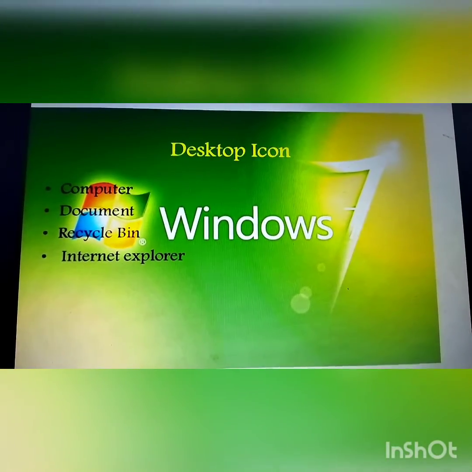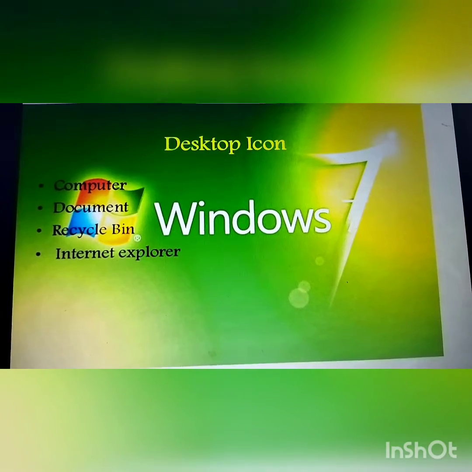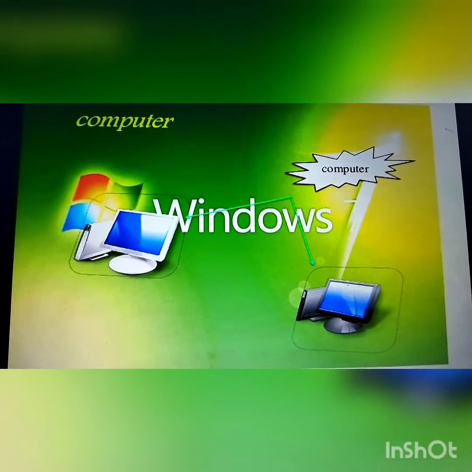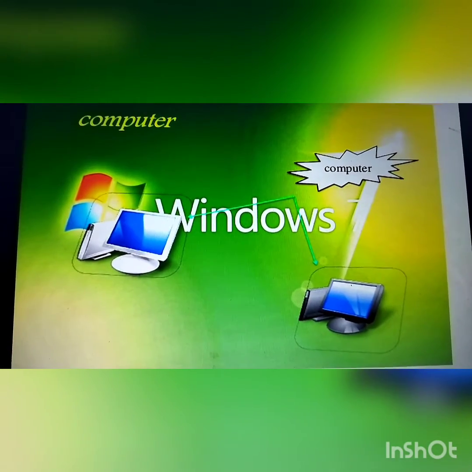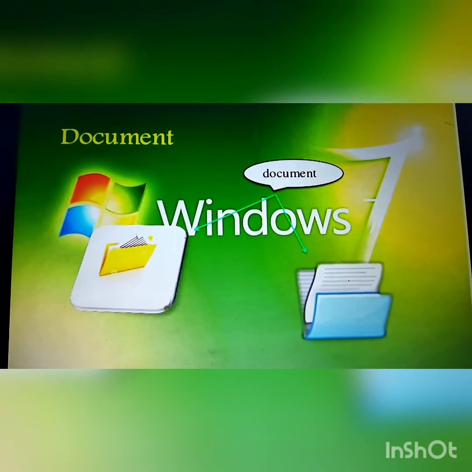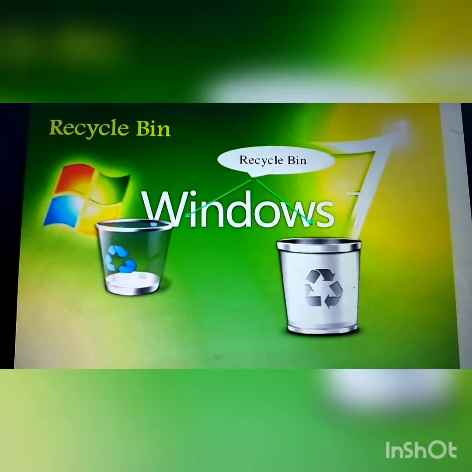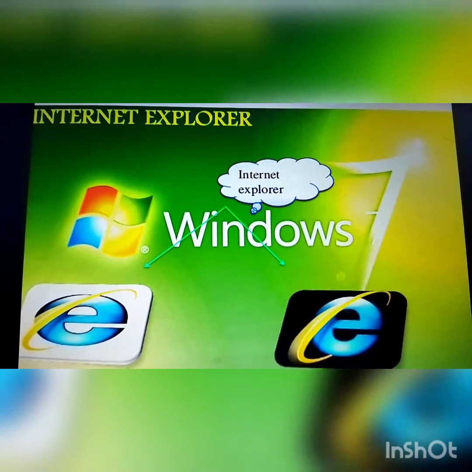Next we discussed desktop icons like computer, documents, recycle bin, Internet Explorer. You can see in the picture, students, this is my computer, and this is the documents part, recycle bin part.